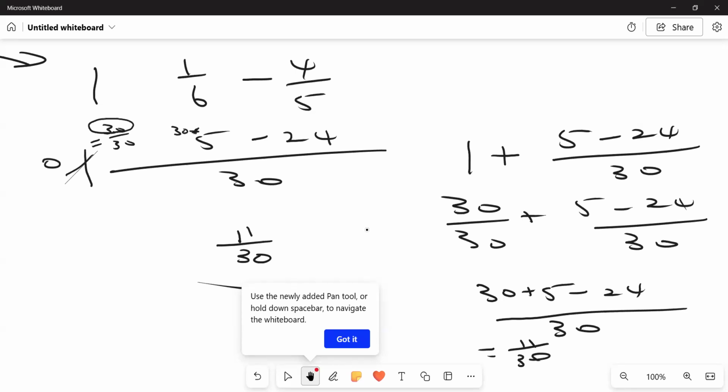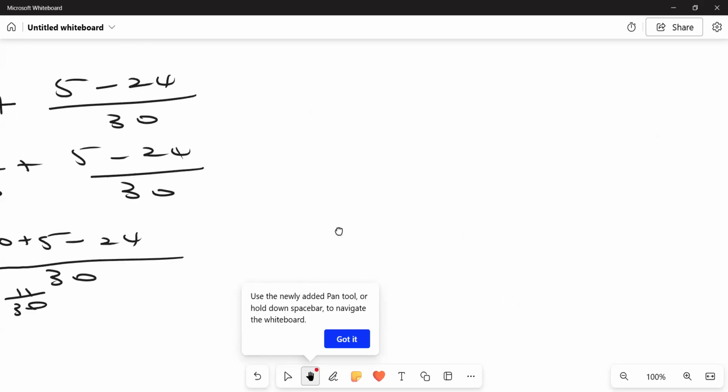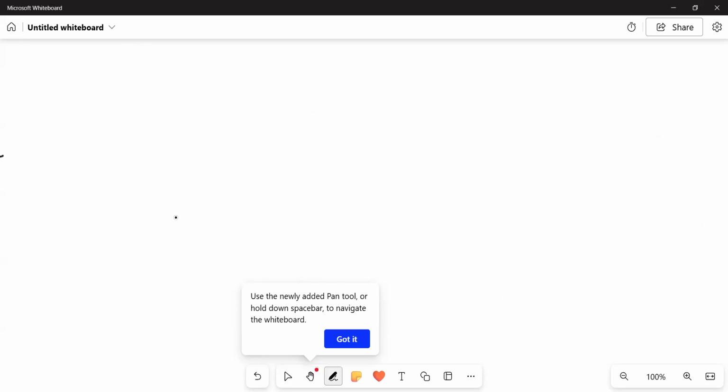So in other words, the whole number is always equivalent to the denominator over the denominator, yes. Not all. Okay. Let me change this to a bigger number. Let's say you have 2 there, right? So let's go, all right, I'll change it to 2. So let's have 2 and 1/6 minus 4/5,